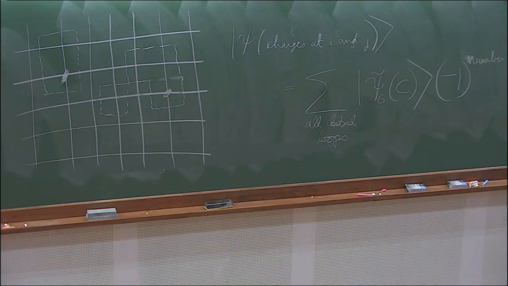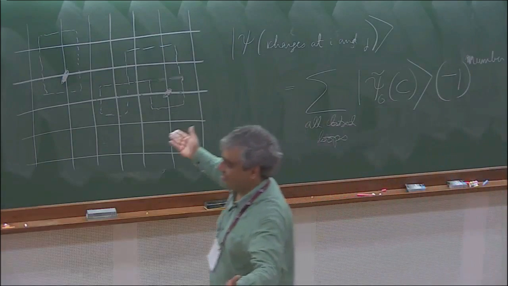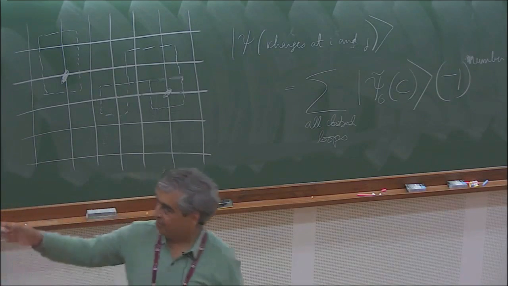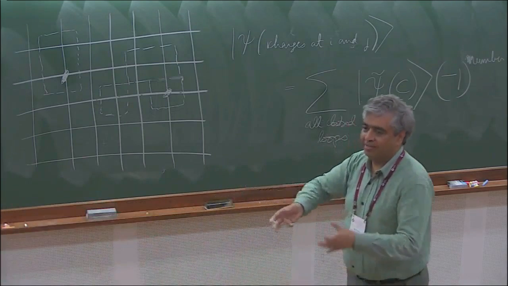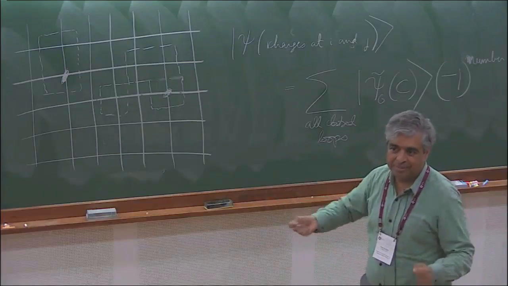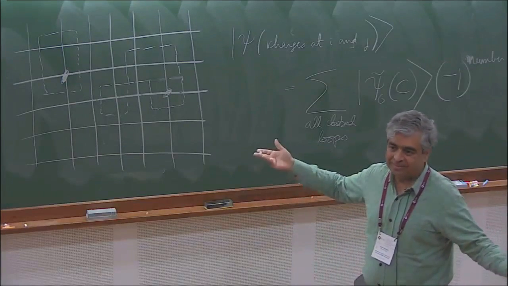Okay, so this is the wave function with charges at I and J. And what we find is that this wave function has the same energy. You're perfectly free to move the charges where you want. They don't care. So here, it costs a huge amount of energy to move them. They're confined. Here, they're free because no matter where they are at large K, they have almost the same energy. They have exactly the same energy as K goes to infinity. Now you can do perturbation theory in G, and I think you find there's an energy that falls off exponentially with the distance between them. So there's some very weak attraction, but it's exponentially weak.